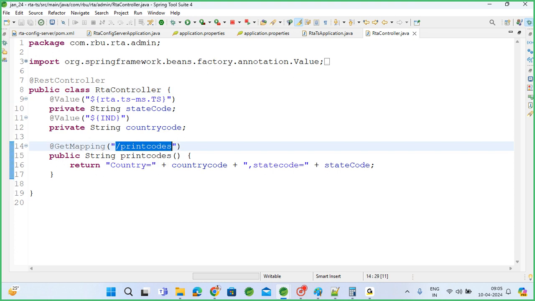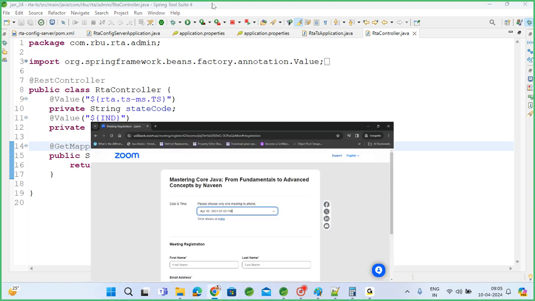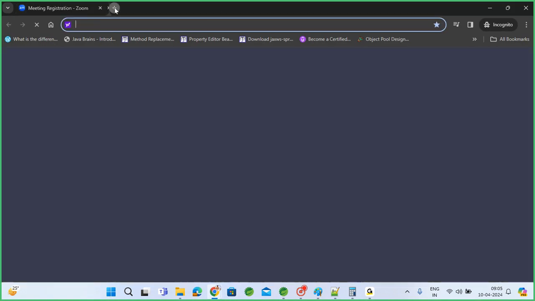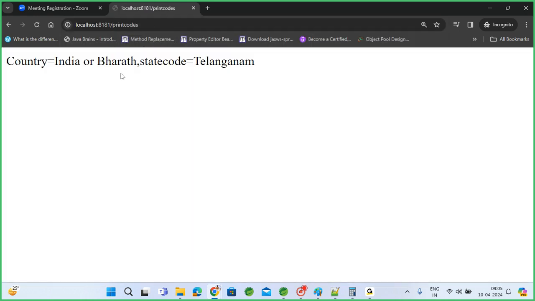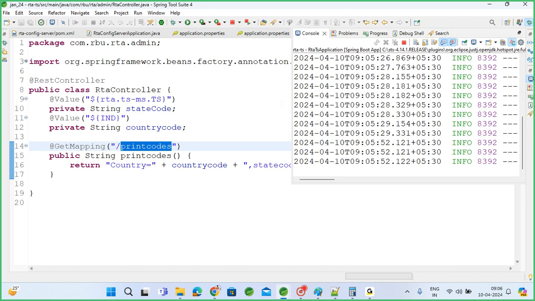Print codes, it is returning country code plus state code. Localhost, print codes. India or Bharat, state code Telangana. It is in dev, a different name. If I restart my service in a different environment,